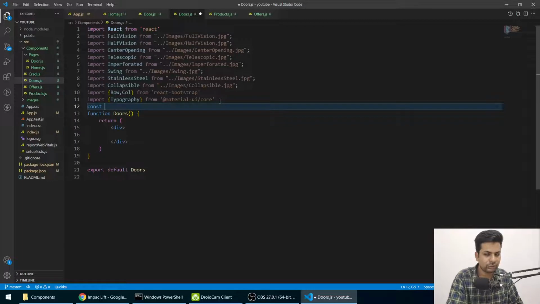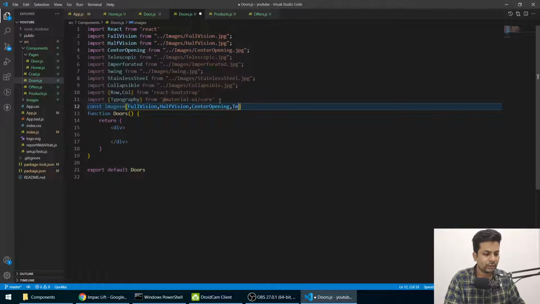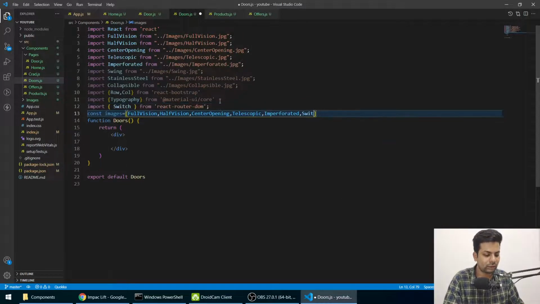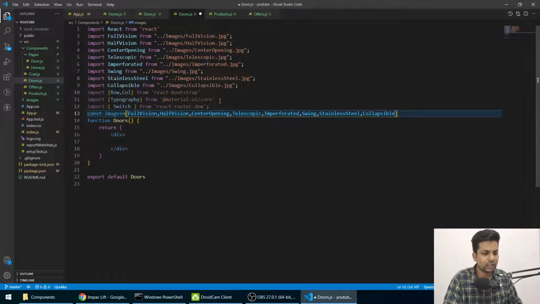So we'll say const images equals to, now we'll say full vision, half vision, center opening, telescopic, imperforated, swing, not switch, swing, stainless steel. Then we'll have collapsible. Yeah, so everything's in.